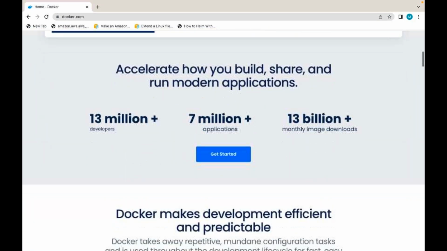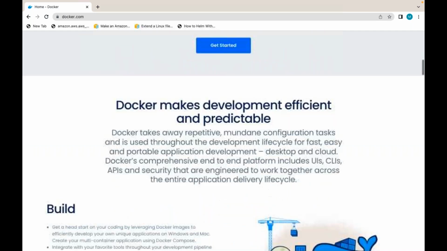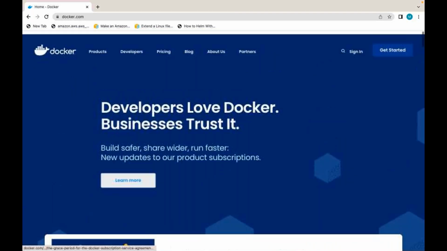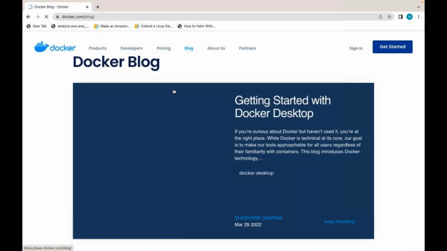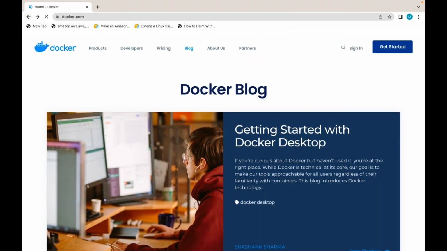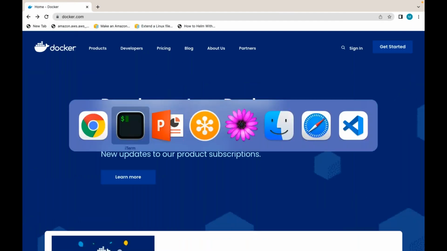It has all the documentation, like how many applications are using Docker, how many people are using Docker. They're giving all the details. What is Docker? Why do we need Docker? There is a separate blog also if you want to see what is Docker and how to use Docker. All those things you can understand here itself.